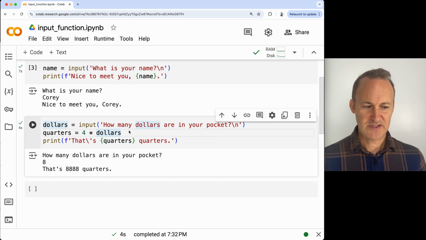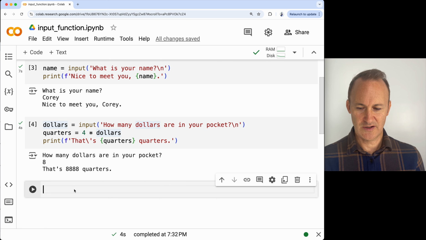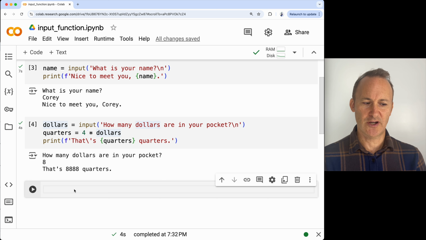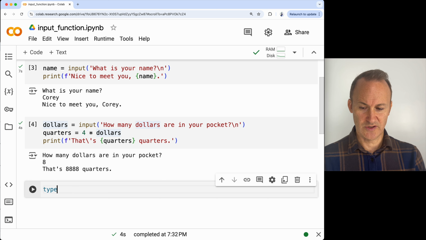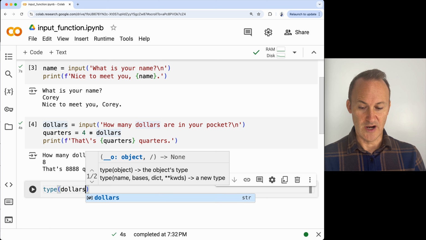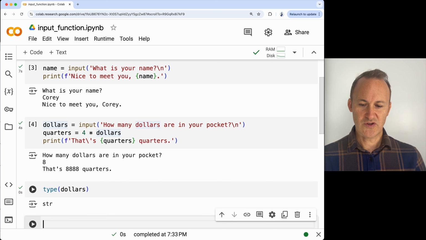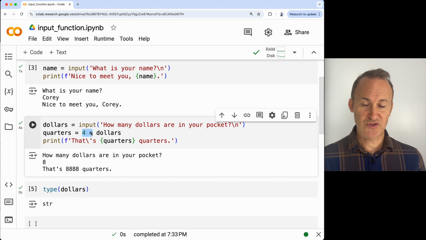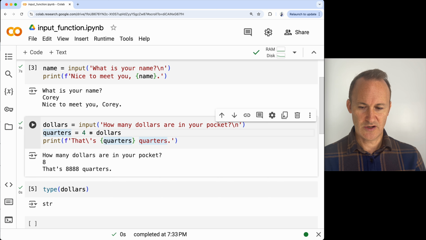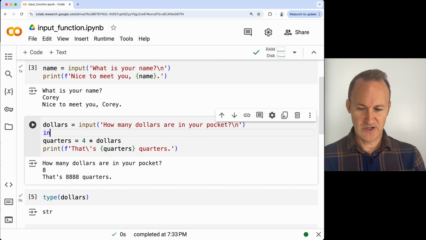And the mistake is that, you might want to check the type of dollars. Okay, go ahead and do that. How would you check the type of dollars? Well, recall you can use the keyword type, put in dollars, Shift Enter, and you can see it's actually a string. And so you can, just like you can add strings together, you can actually multiply. And so 4 times the string is going to show it 4 times. And so what we actually want to do is convert it to an integer. And so in this particular case, we need to put int